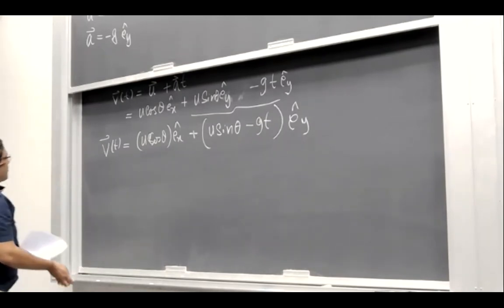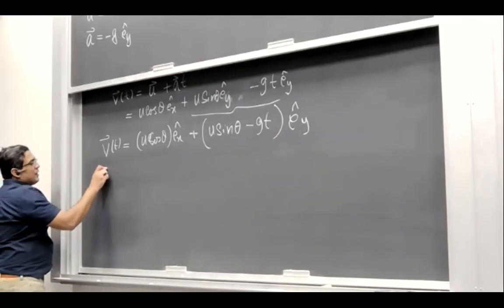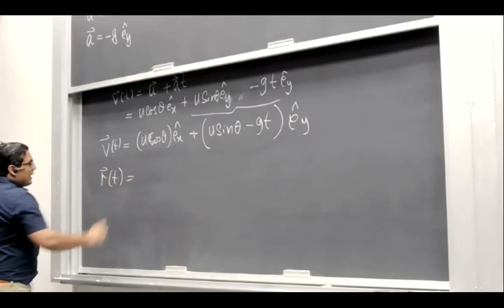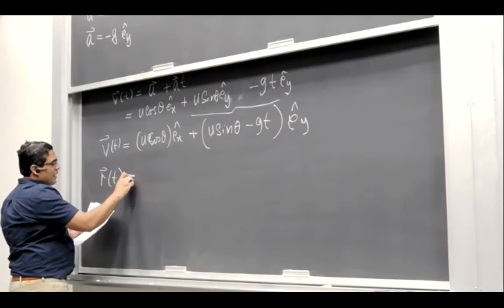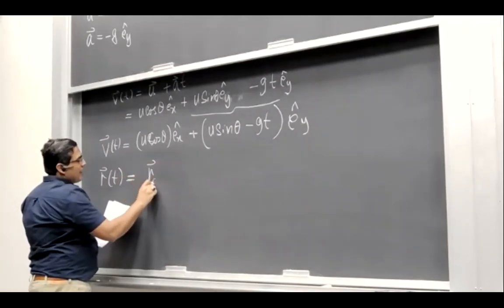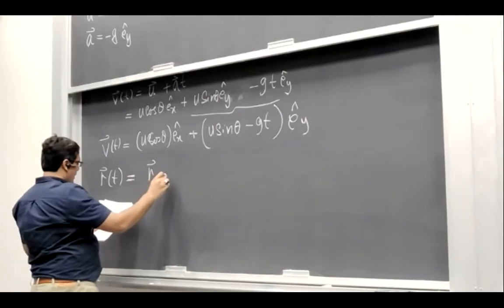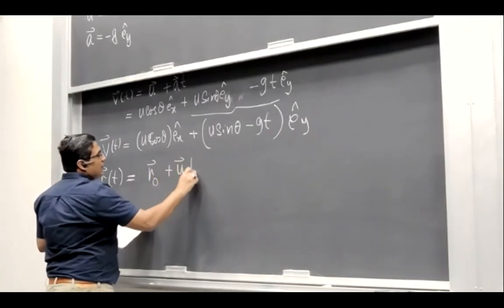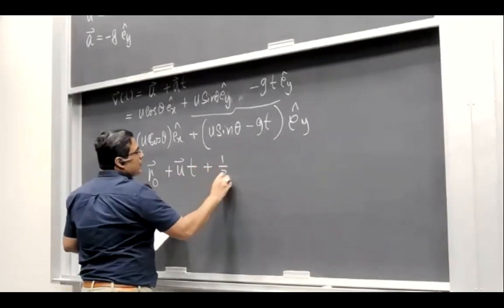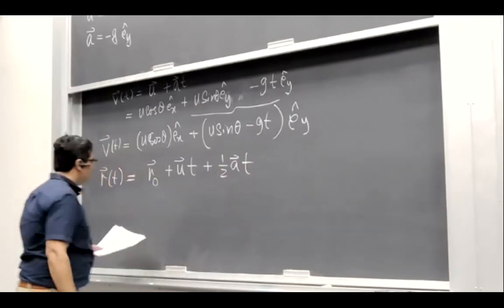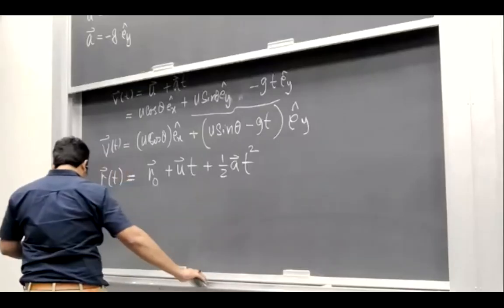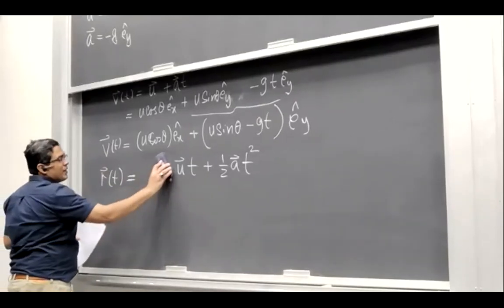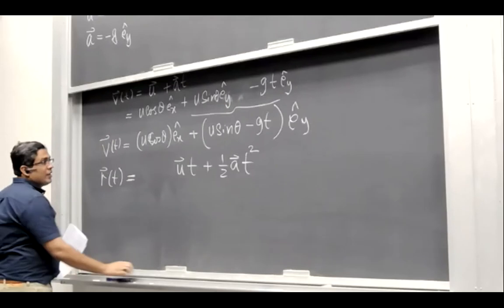So now the next question that we want to answer is, for example, the position of this object as a function of time. And again, we'll use another equation of motion. For example, if I write it in its general form, that would be, again, assuming that t is 0 at the beginning, ut plus half at squared, right? And r naught is also 0. Shouldn't it be half g t squared? Okay. And then r naught is 0. So we're only left with these two terms.